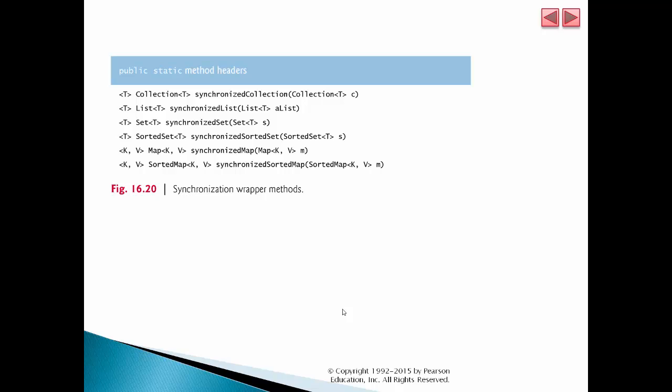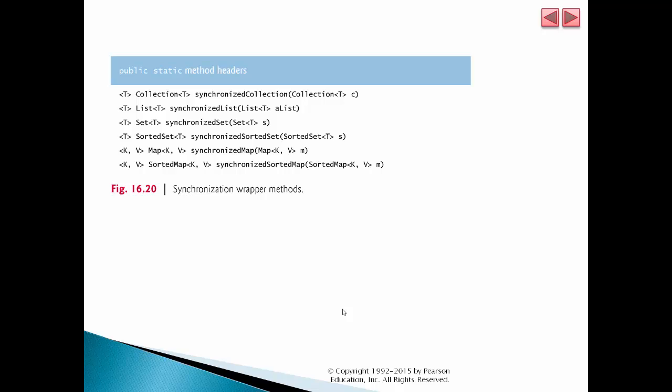So it basically wraps all the operations of the set with particular thread-safe logic, and this way, if your set is being accessed by multiple threads, you can get the thread-safe